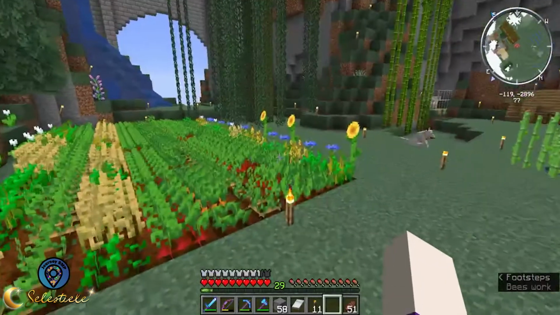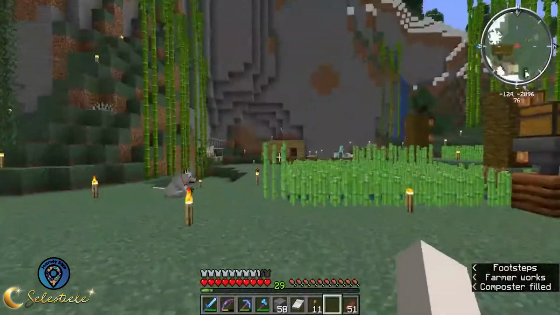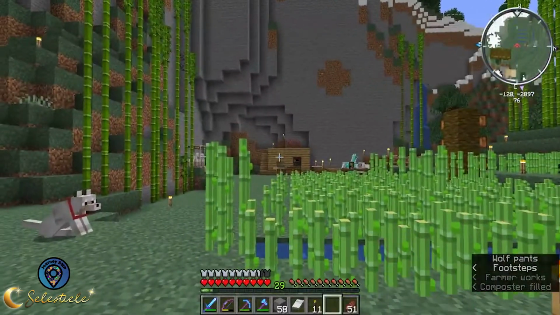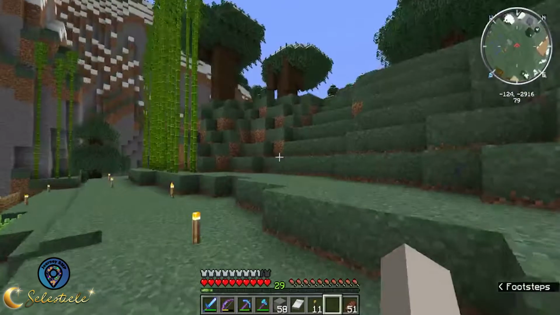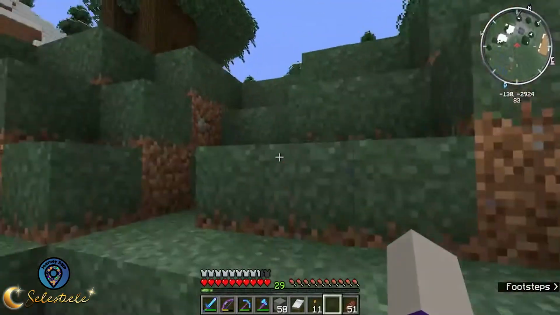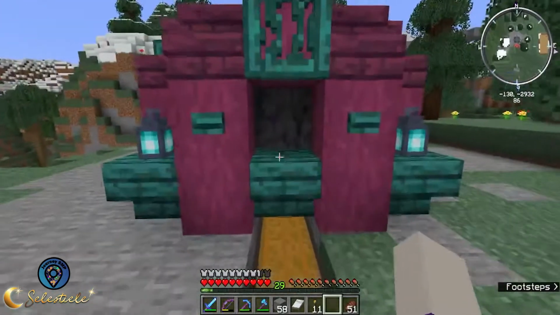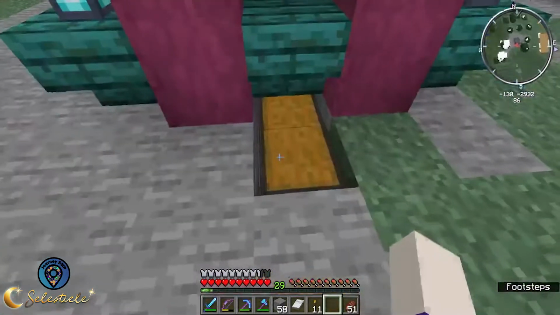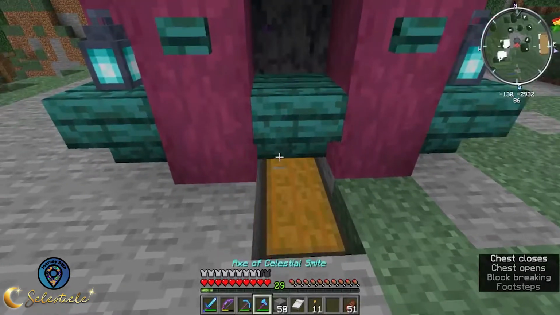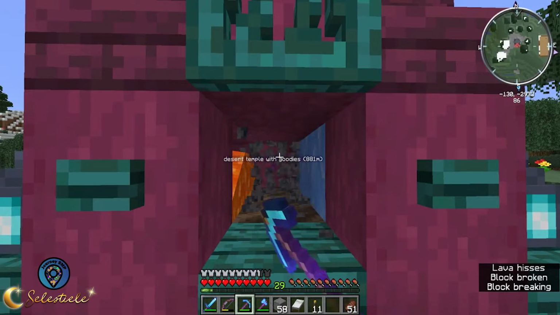So I've got the crop farm that I'm also using to provide for that and for the cow farm over there. I have made a Basalt Generator. I used Alvamance's tutorial. Again, links will all be in the description. But I did make a Basalt Generator. It's really, really good. I stand back here so I don't...